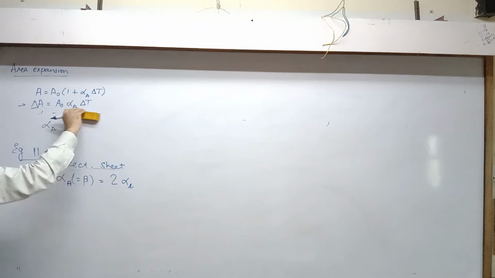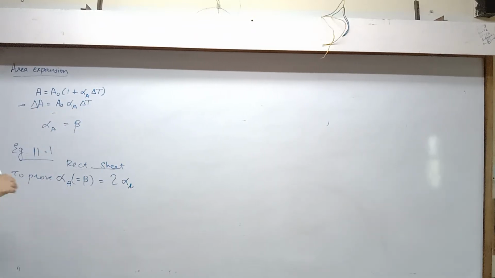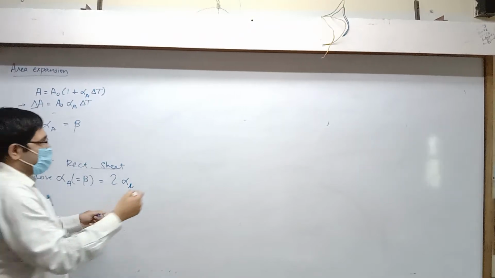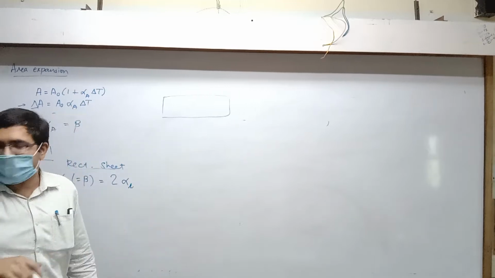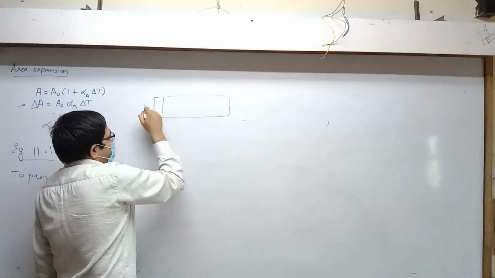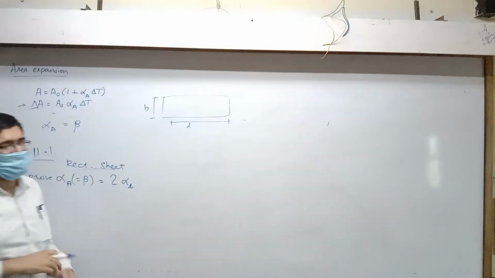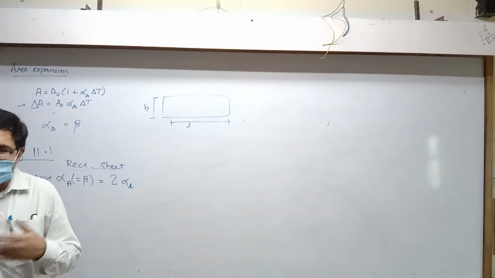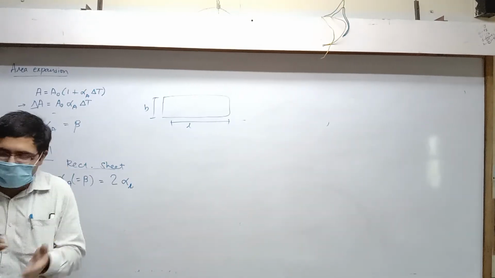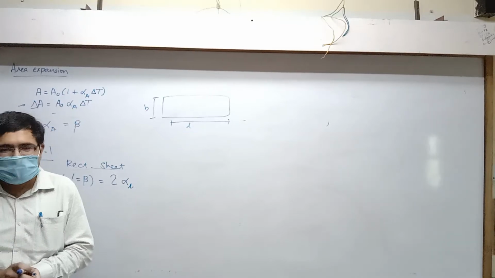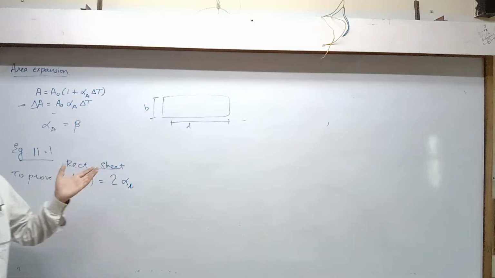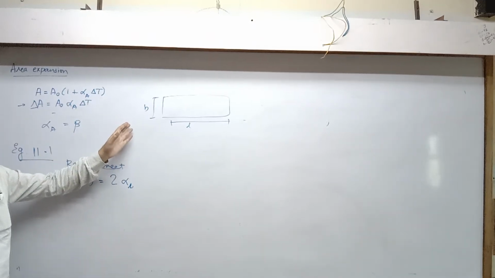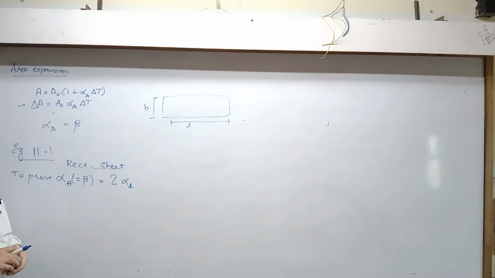We already know this, we have discussed it. So you know, a basic reason why it should be true, first a little qualitative reason. If you think of some object, like let's say a sheet or plate, and you heat it, does the base side increase in length or not? Yes or no? Length will increase, breadth will increase, so obviously area should increase, right? Length and breadth both increase, so area will definitely increase. So now we have to do exactly that, right?